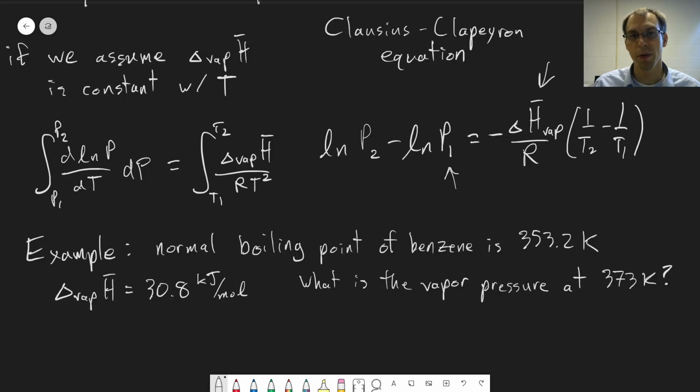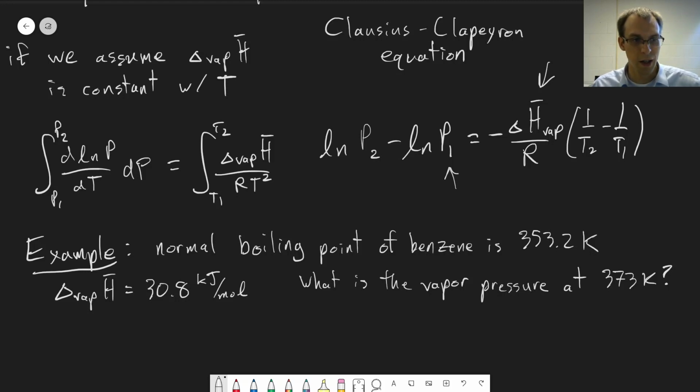So as an example of how we can apply the Clausius-Clapeyron equation, I've got a question here, using this equation. This is from the last video. Say we know the normal boiling point of benzene, we can look that up. It's 353.2 Kelvin, and we know the molar enthalpy of vaporization is 30.8 kilojoules per mole. The question is, what would be the vapor pressure of benzene at 373 Kelvin if we assume the enthalpy of